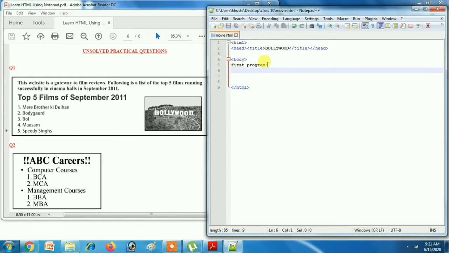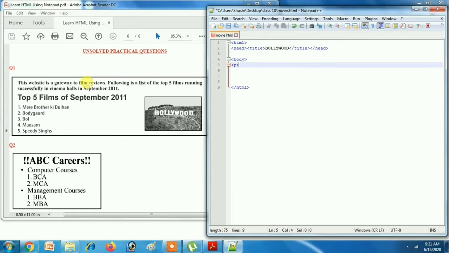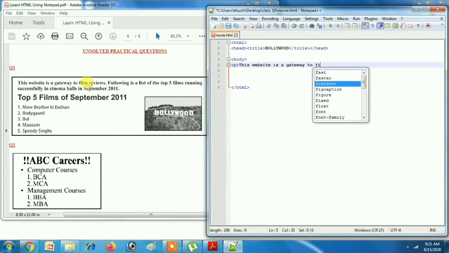So let's write. I told you first of all it is paragraph. That means P tag. This website is a gateway to film reviews.